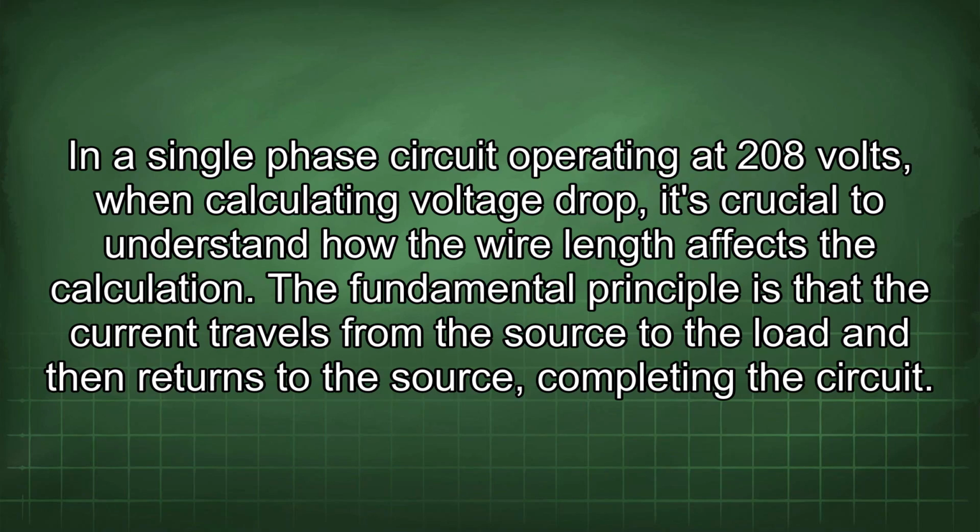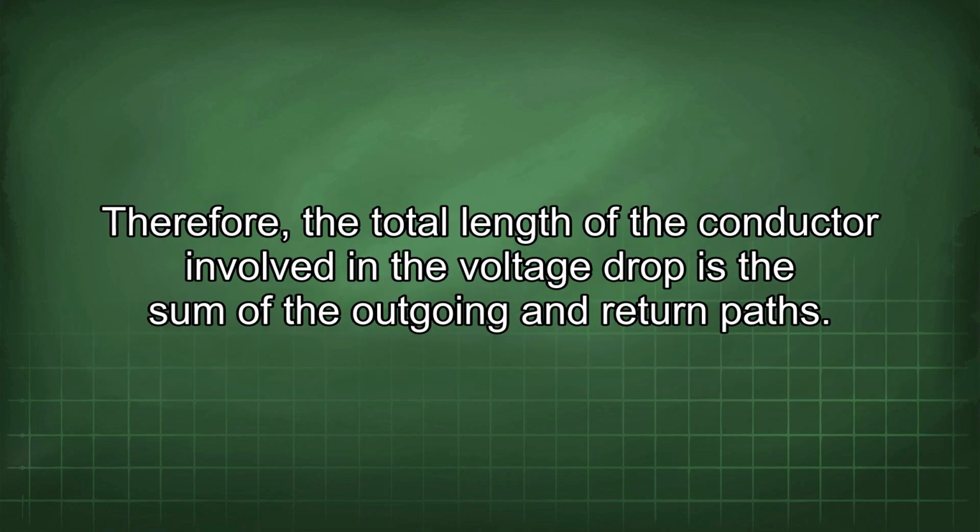In a single-phase circuit operating at 208 volts, when calculating voltage drop, it's crucial to understand how the wire length affects the calculation. The fundamental principle is that the current travels from the source to the load and then returns to the source, completing the circuit. Therefore, the total length of the conductor involved in the voltage drop is the sum of the outgoing and return